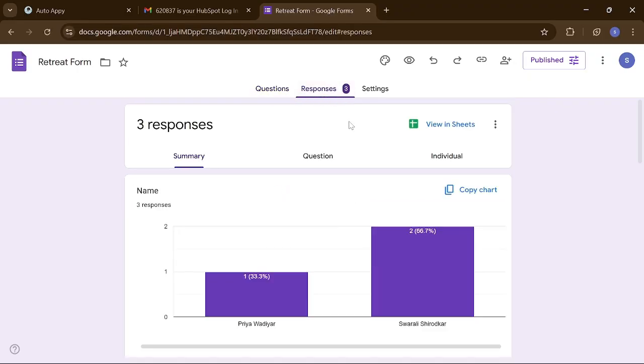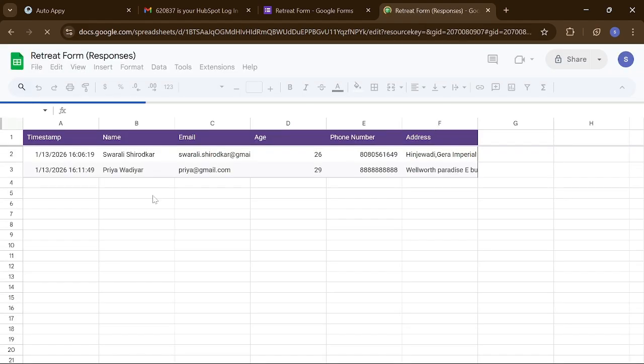So here you can see that we have an option of view in sheets, right? Before you have this form created, you will have this option as link to sheets. So you'll have to just click that link to sheets option and it will open up a Google Sheet, like how I'm going to open now. But this view in sheets option comes after you link this to Google Sheets. So now let's just go to view in sheets. So this will open up this particular